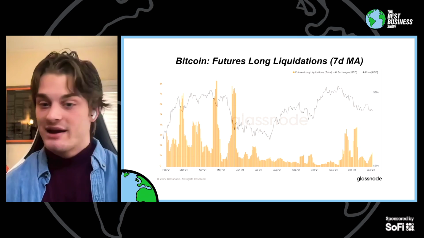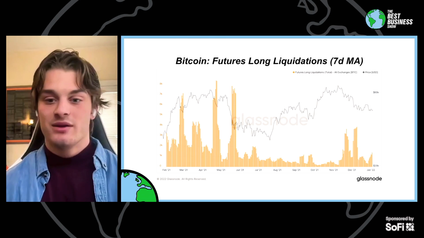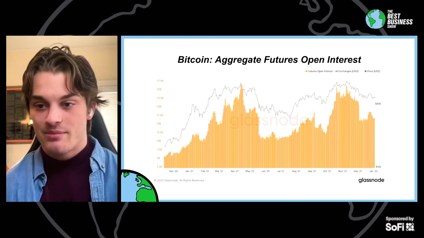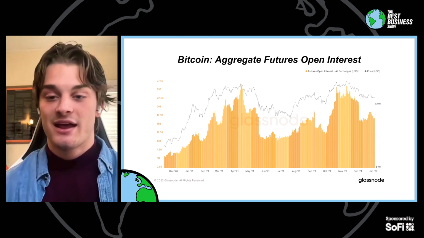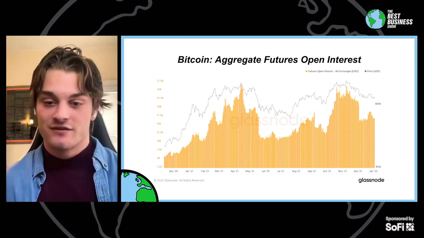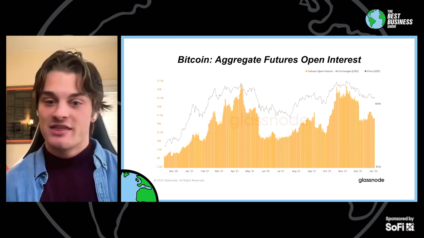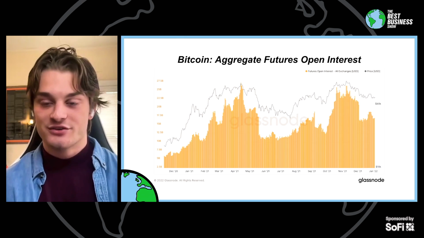And so Bitcoin right now is 900 billion. Aggregate futures open interest, which we'll show on the next slide, is about 20 billion, right? Really small. It's about 2% of the market cap. But what happens when Bitcoin is a $1 trillion asset, or a 10 trillion or $100 trillion asset, and this futures market is 200 billion or a $2 trillion market with a floating cost of capital? I suspect that it's really going to force the hand of all of these central banks around the world who centrally plan their cost of capital, centrally plan these interest rates. I think this will be a forcing mechanism, almost a check on the irresponsibility of central planners.